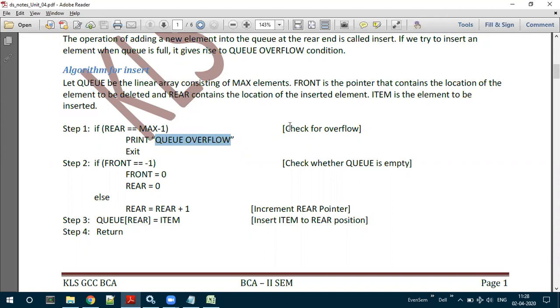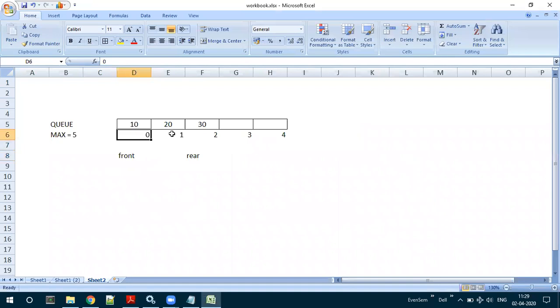In order to check for overflow, we have to always check this particular condition, wherein if rear is equals to max minus 1. For example, suppose this is 40 and we have again a 50 element, and obviously rear will be pointing here. In that case, is it possible to insert a new element?